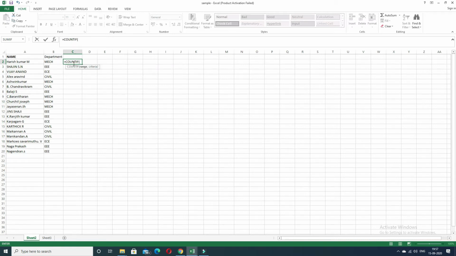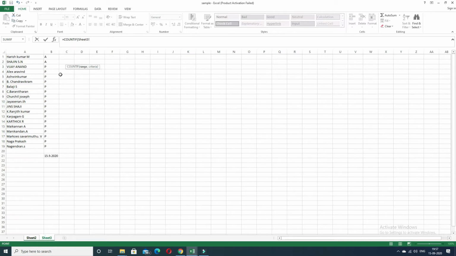I'm selecting the range. The range is as per the details received from the software. We can select the number of absentees alone. So there are 2 absentees, from A1 to A2 alone. So I'm selecting those 2 cells. COUNTIF sheet 3 A1 to A2.